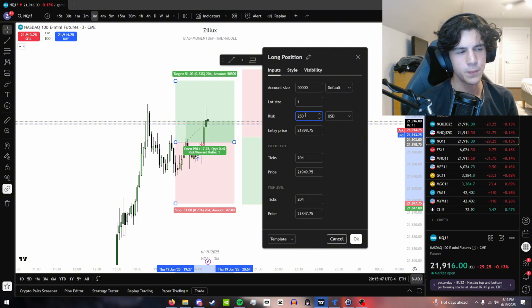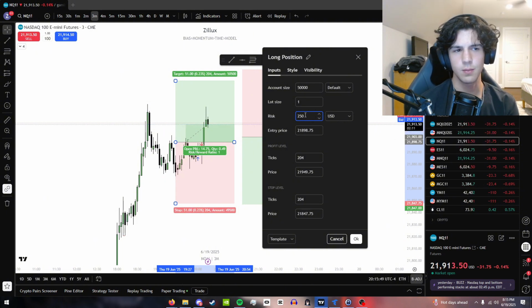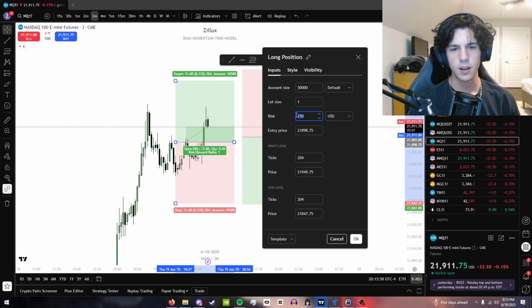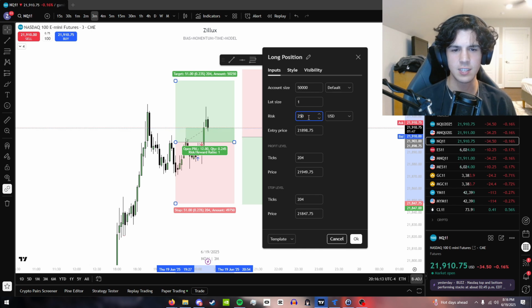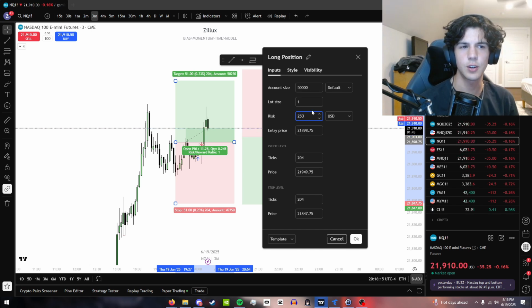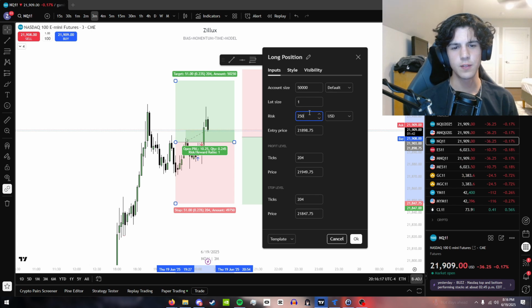So let's say you have a $2,500 drawdown, and if you don't know what that means, basically you can only lose $2,500 or $5,000 on a prop account before it's closed. So if you want to risk $250 on a $2,500 drawdown account, that means you get 10 tries, right? Because you're risking $250 and if you lose that 10 times, you've lost $2,500. You get 10 trades without winning. So 250 is usually a solid number,